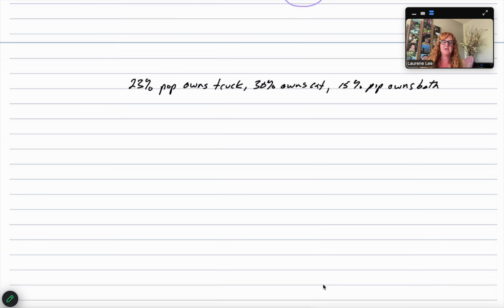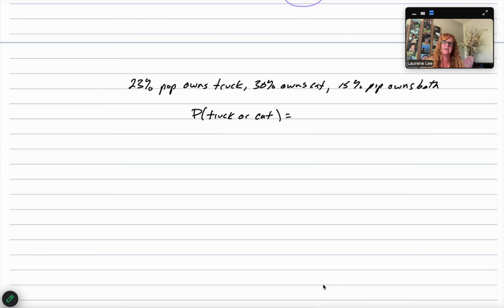So what they're doing here is you don't have to build the fractions. They're already built for you and put in percentage form, and they are telling you the pieces and the overlap in this situation. So if I ask you, what's the probability of selecting a truck owner or a cat owner,